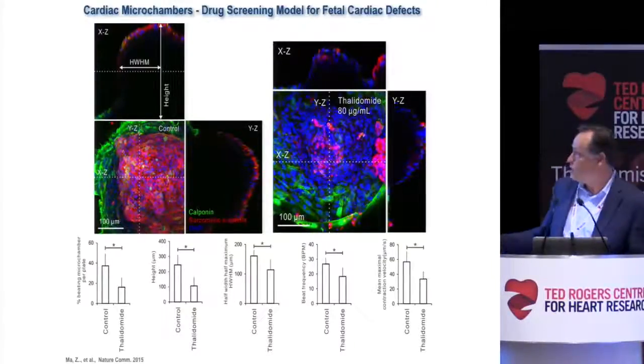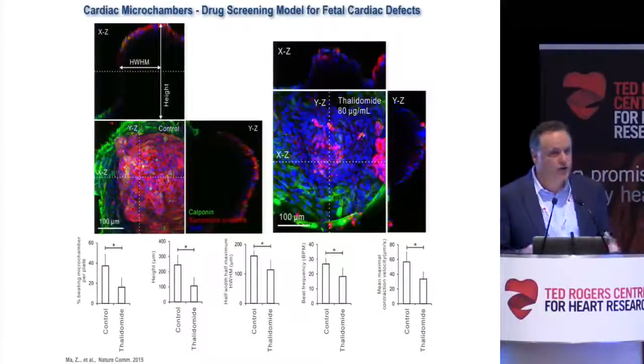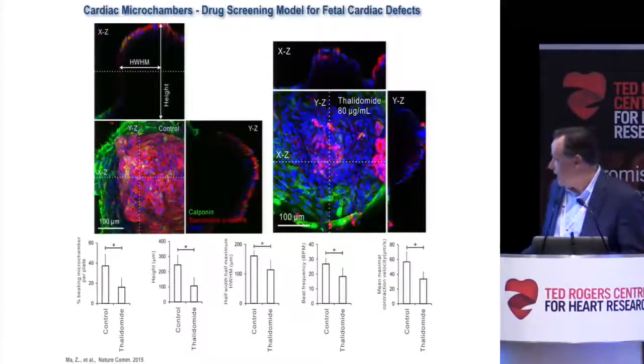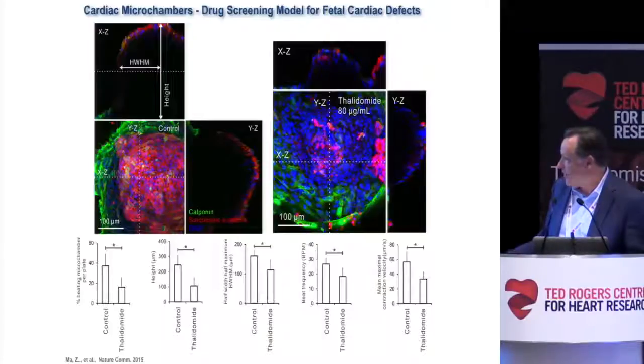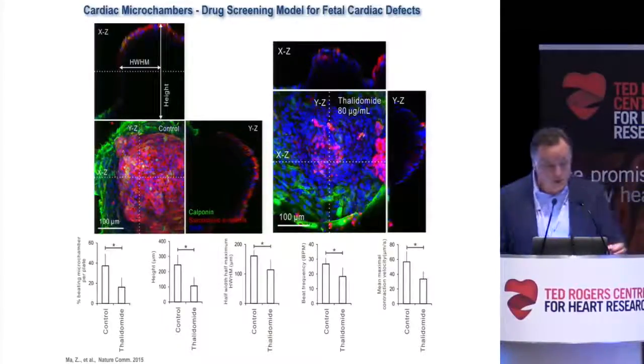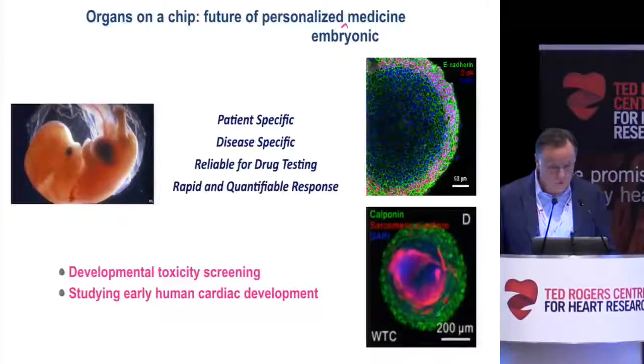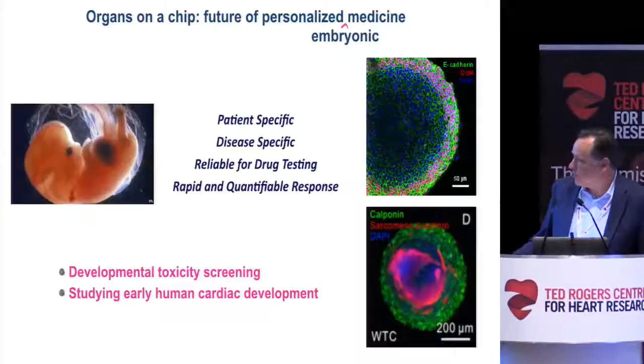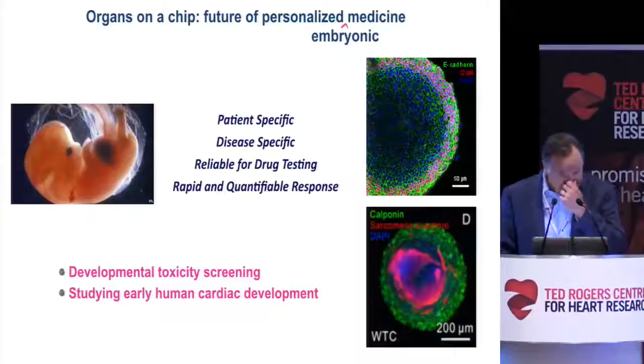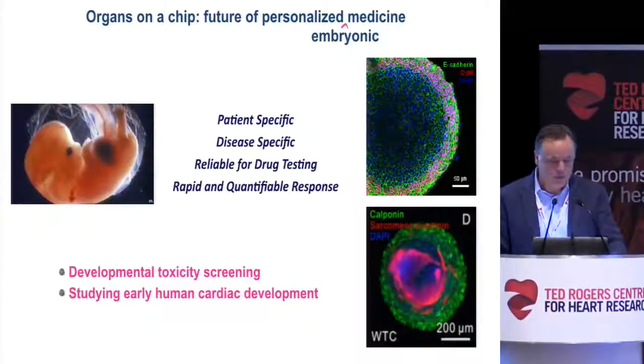It turns out, if you really just look at this right here, you could see this is a nice cross-section of the chamber, and this is really a dumpy little expression of cells that aren't really beating very well. They also have different contraction velocities, and they change the beat frequency as well when you have this drug exposure. So I think organs on a chip is not only good for adult personalized medicine, but possibly for embryonic personalized medicine, certainly for developmental toxicity screening, but also we think for studying early cardiac development, that we may have a model largely based on material properties.